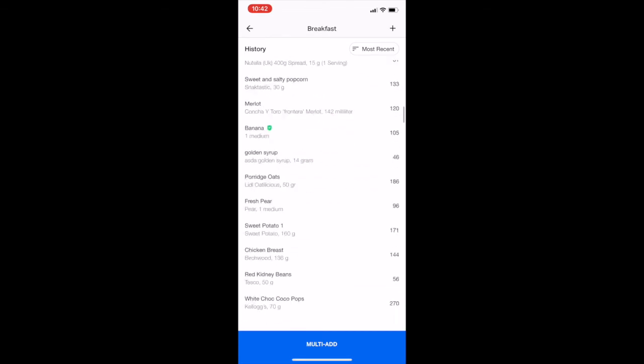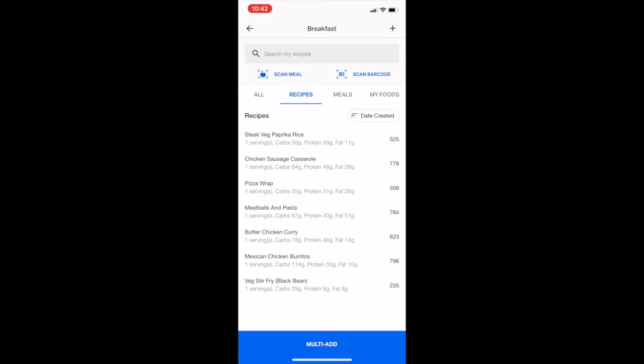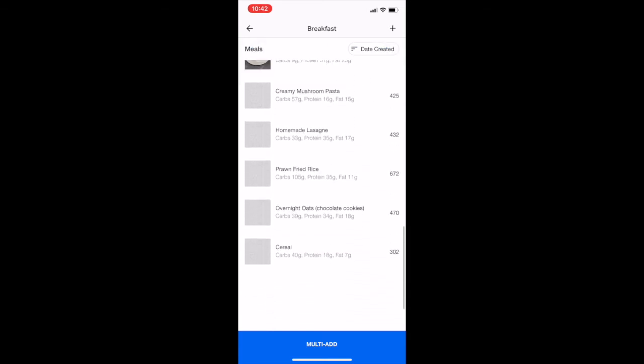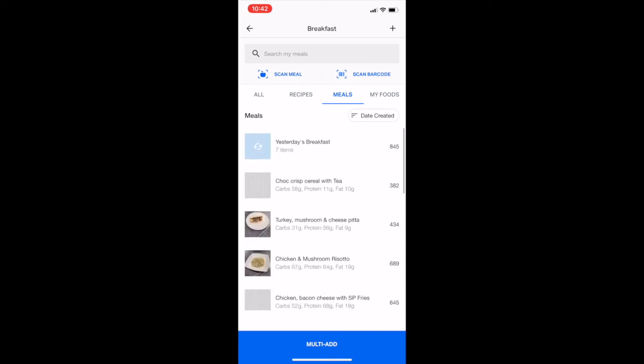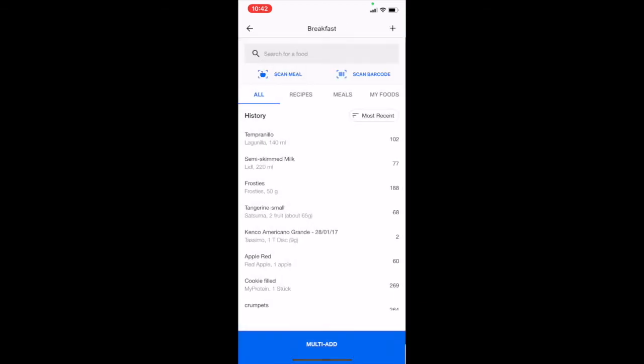These are things that you've had recently. You can also save recipes in there. I've got a few recipes in there. You can save set meals in there. Or you can scan the barcode. You just click scan barcode and then scan whichever food you're having. So once you've entered it,